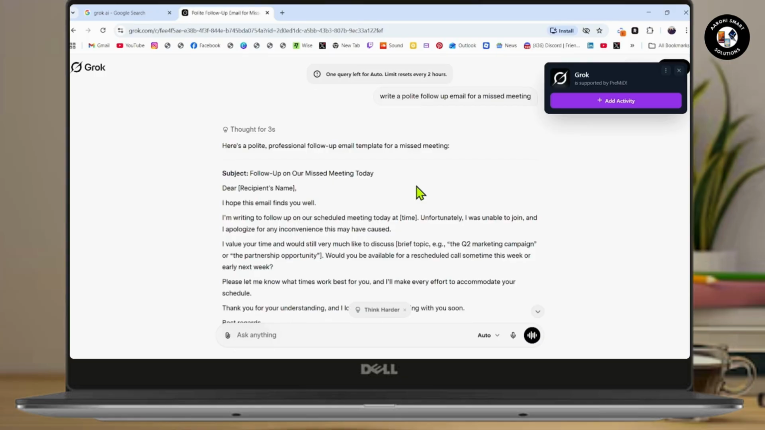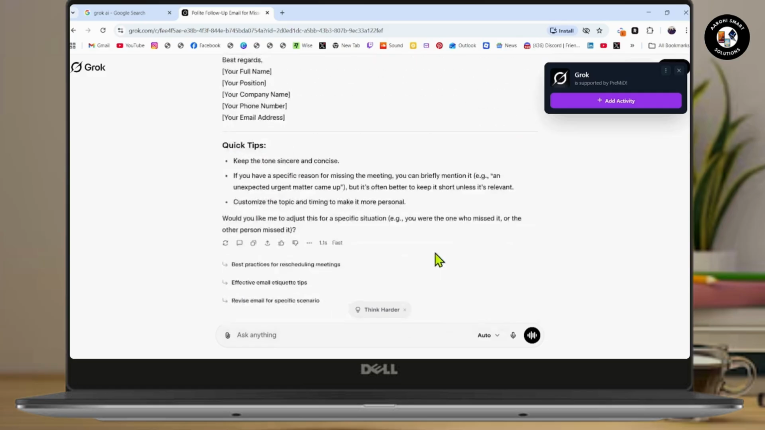Then you can automate the report. If you have data, you can tell Grok to summarize the data into a weekly performance report for you. You can also ask Grok to give the information in charts, or you can ask it to create an SOP